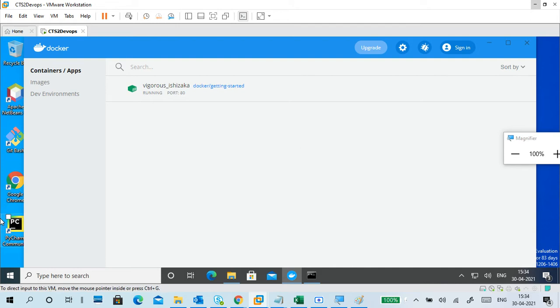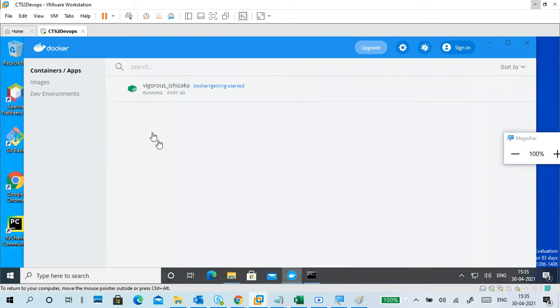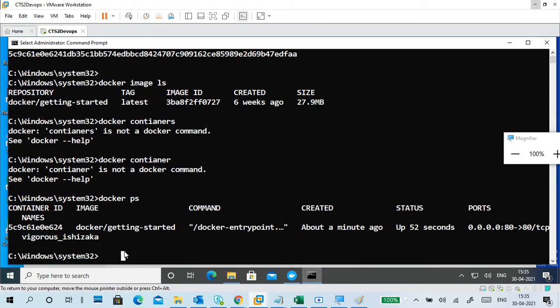By default the browser is Microsoft Edge only, but it is not opening. So this is ready for startup. Something it is showing. Okay, leave it. We'll see other Docker images.